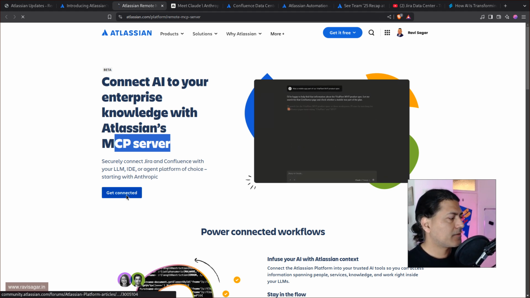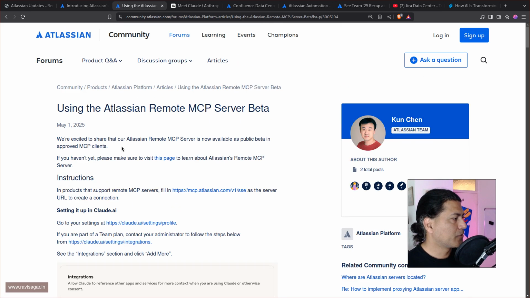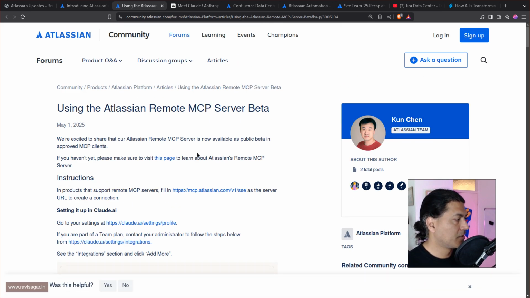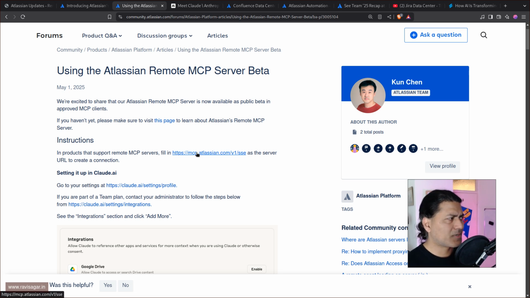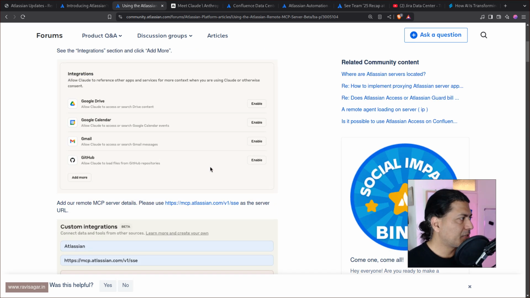When you click on get connected here, it will, I believe, take you to a different post where they're talking about some configurations that you need to do.